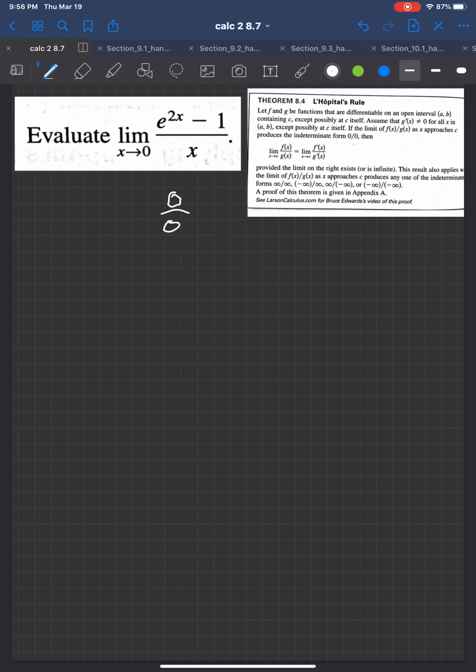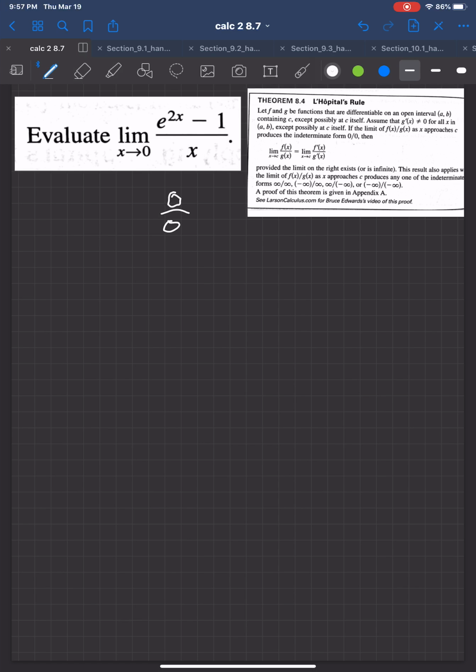As long as we define the numerator to be some function f, the denominator to be some function g, as long as those guys are differentiable on an open interval that contains c, which is the limit you're trying to approach. Now, that doesn't mean that c actually has to be defined, right? But assuming that f and g are differentiable, and of course assuming that you're not dividing by 0 when you take your derivative of g,